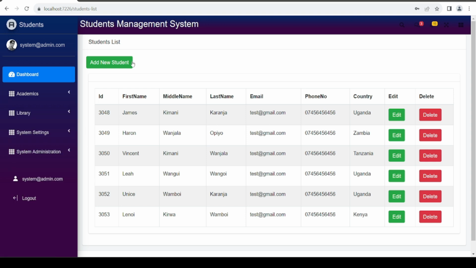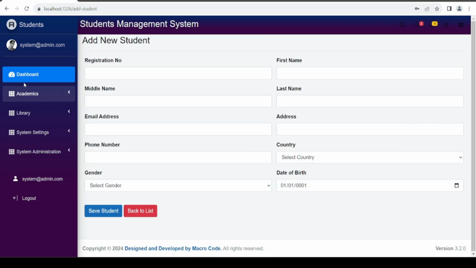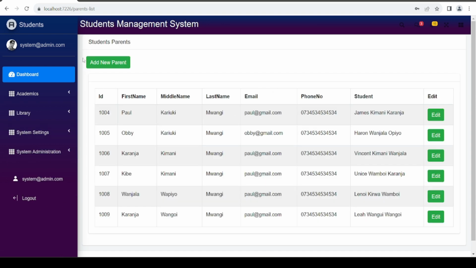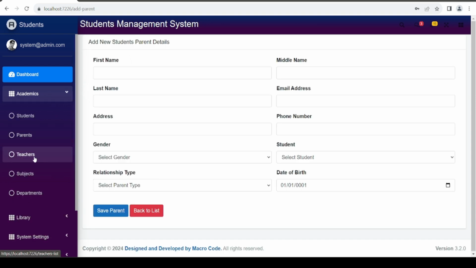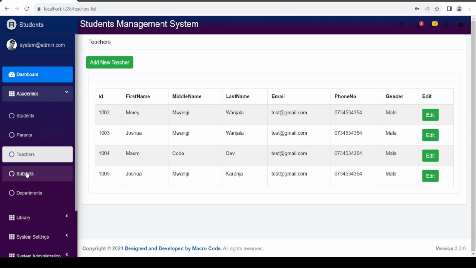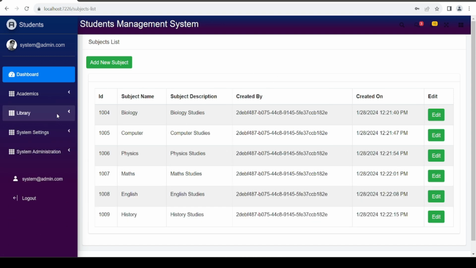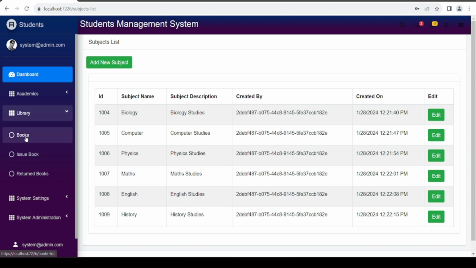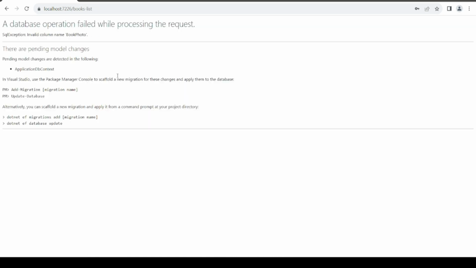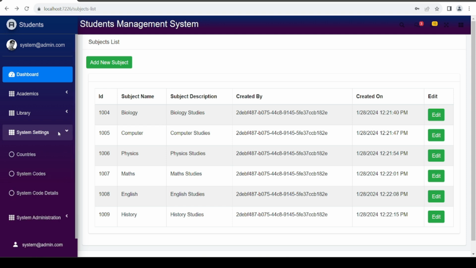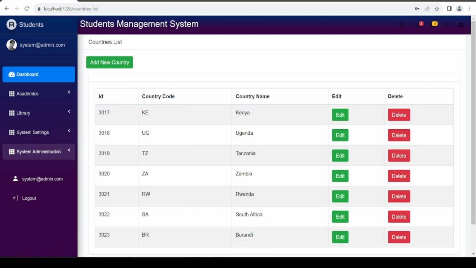We have the students, we can add students. We have parents, we can add parents. Then we have teachers, we can add teachers. Then subjects, we can also add subjects. And we have a library where we can add books. So I think there is something that we added. Then we have countries, and we have